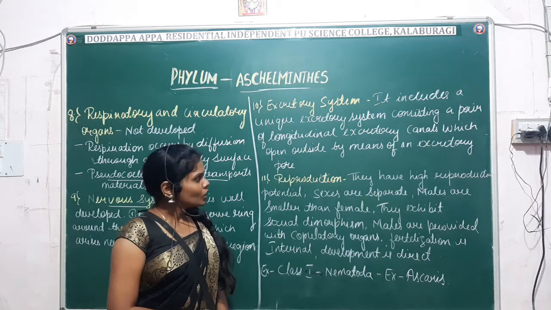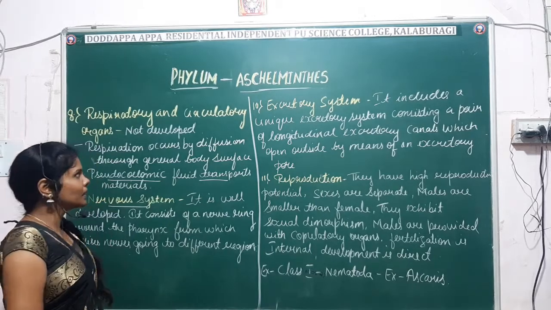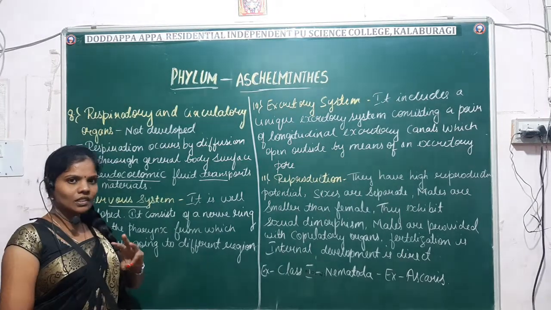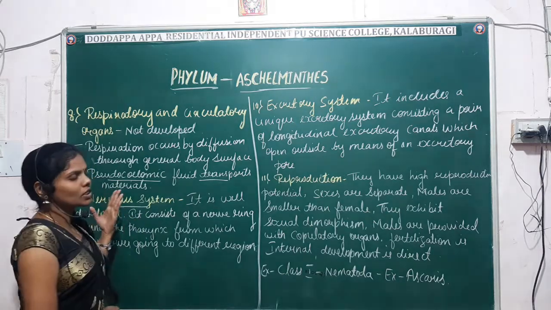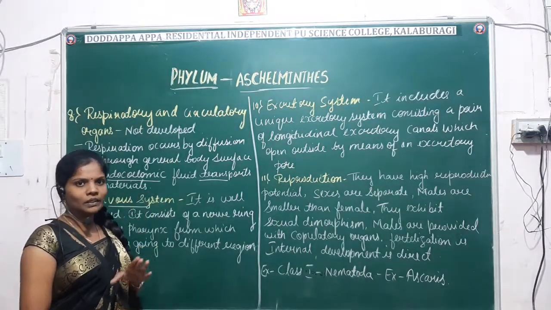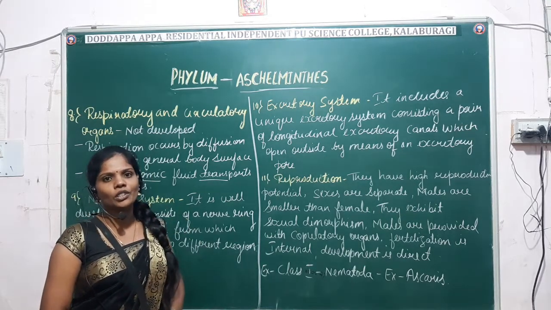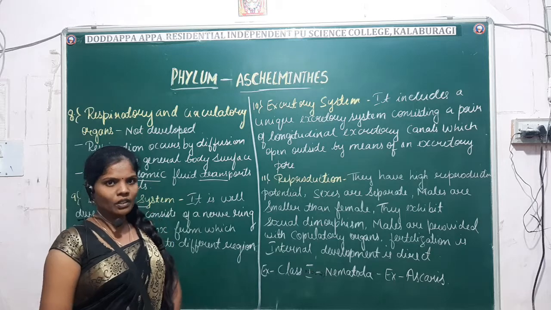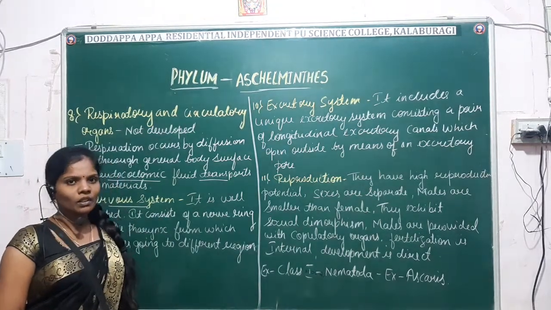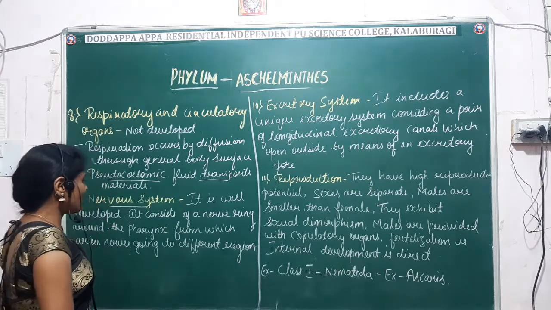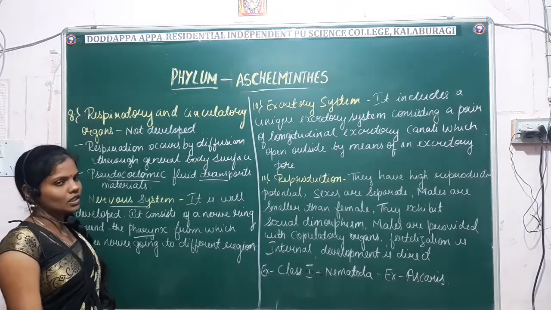Fine. So that's about the general physiological aspects. Digestion is complete with two openings, the mouth and the anus. Respiration takes place through the simple method of body diffusion, and for circulation the transportation takes place by pseudocoelomic fluid. Then the nervous system is well developed, with the nerve ring arising from the pharynx and distributed to the different regions of the body.